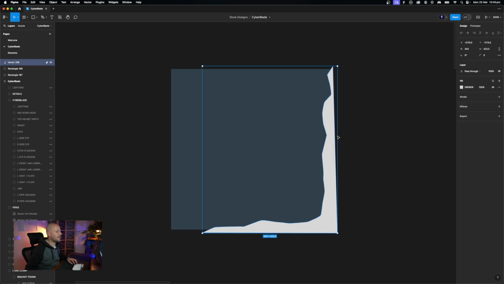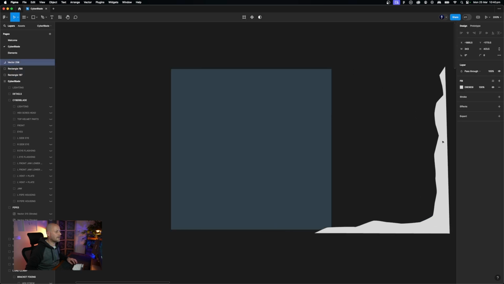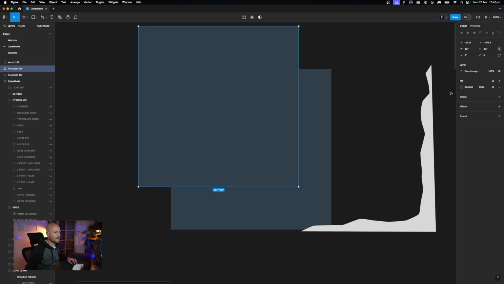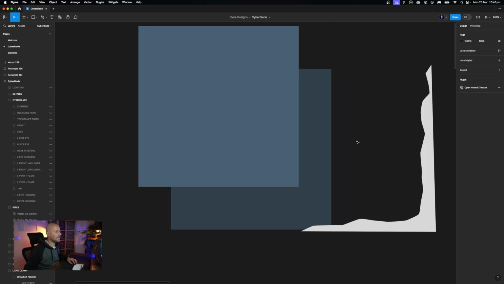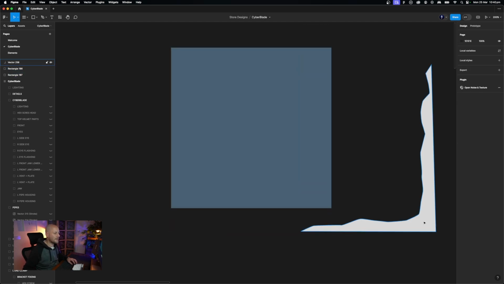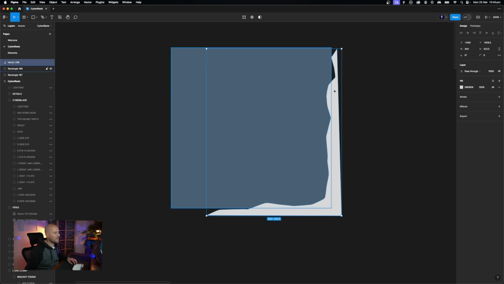We have a random shape. We have two shapes here. I'll darken this one down and lighten this one up a bit. Here we are, two shapes, identical, duplicated. I went around with the pen tool